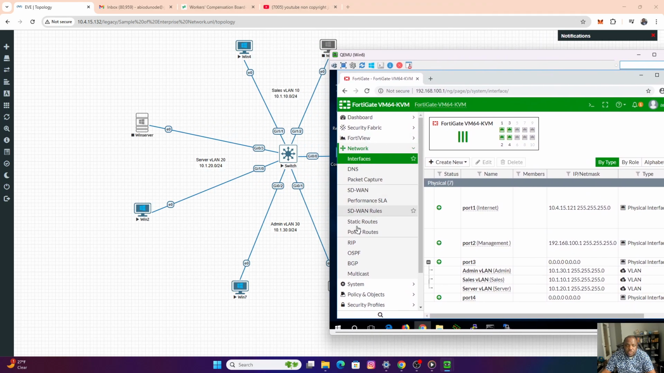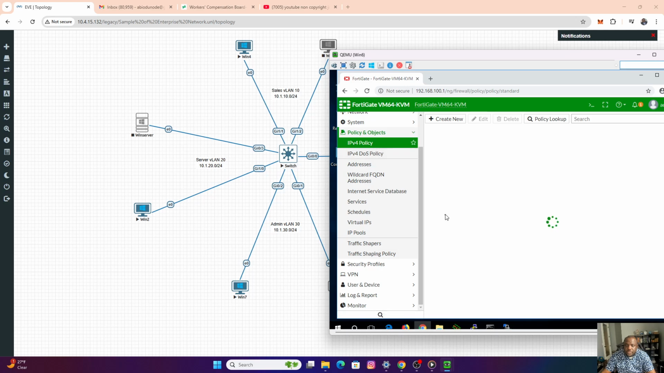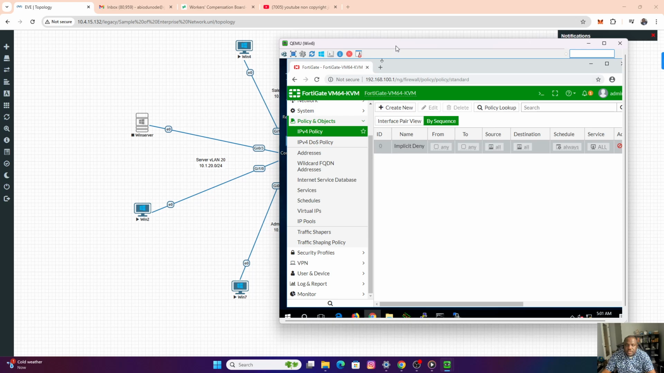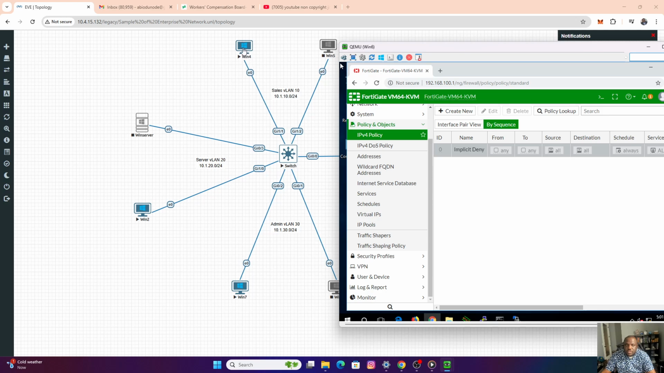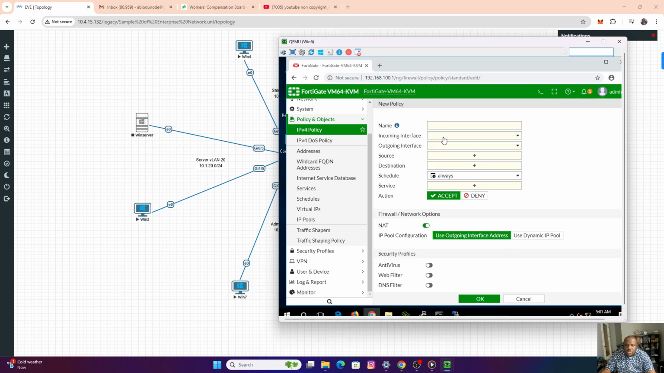So if you go to the rule, that's policy, IPv4 policy. So like I was saying, the default policy is to deny everything. As you can see, implicit deny. So we now need to create specific policy that will allow all these VLAN to connect to the internet. So if you say create new, you name it,